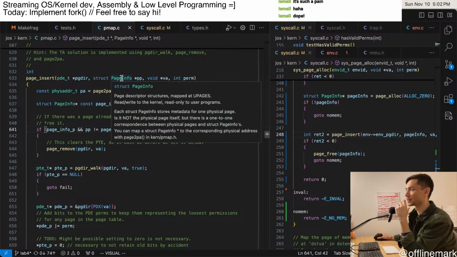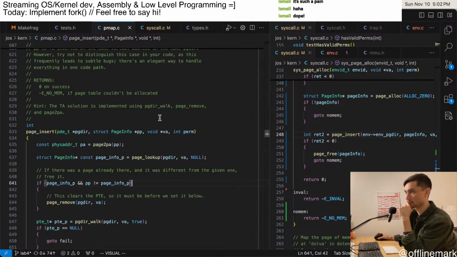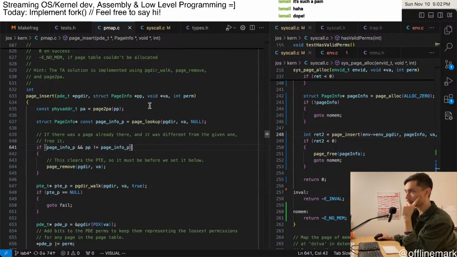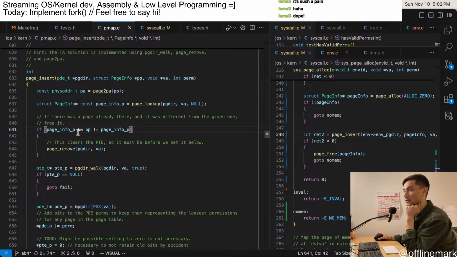Page info only handles a single page. So, okay. And it was different from the given one. So this seems to handle it gracefully, actually. It first takes the VA, does a query, and sees if there was any mapping, any physical memory mapped to that VA. And then we check if that exists, and